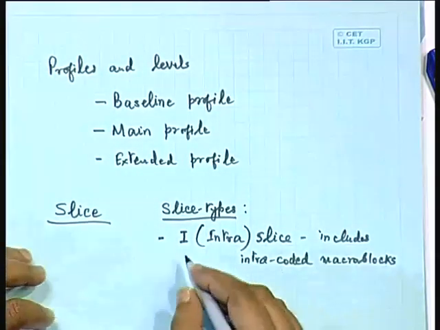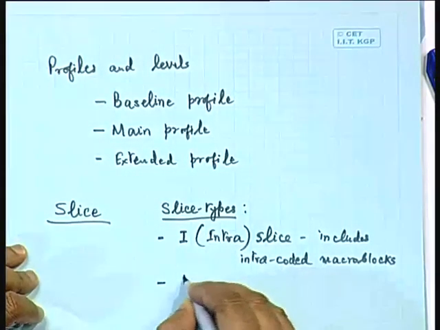Okay. So, you will definitely be incurring that header information as an extra overhead. So, from that point of view, if you are able to reduce the number of slices, okay, then it is definitely better. So, one of the slice types is the intra or the I slice, the other is the P